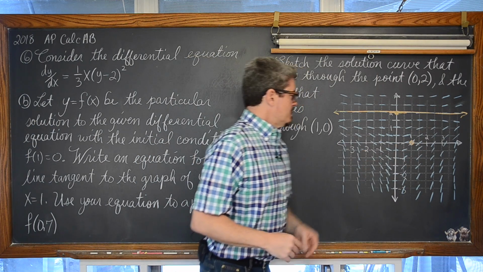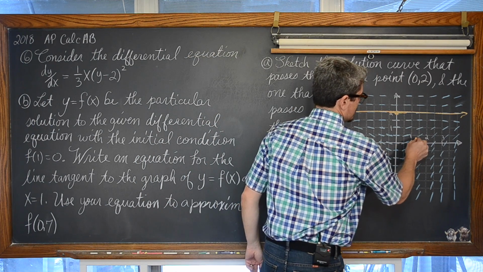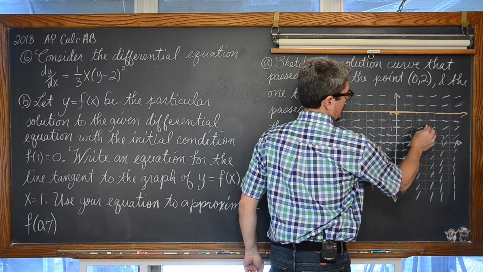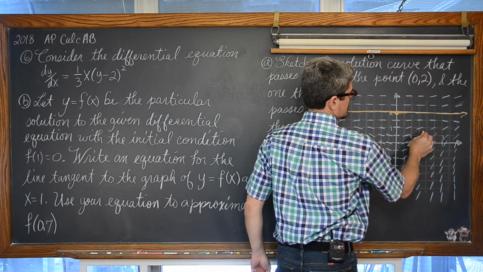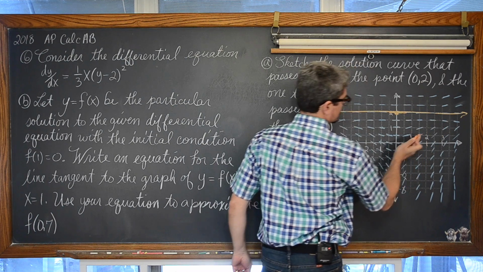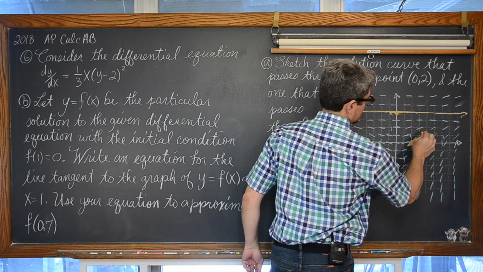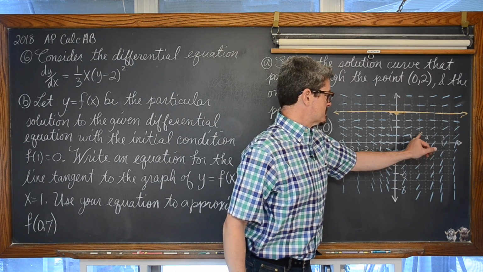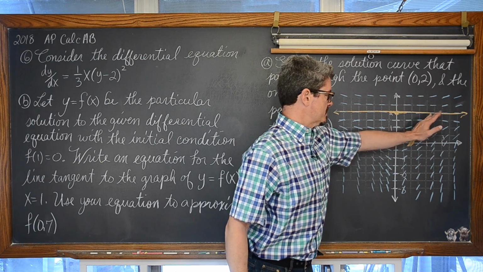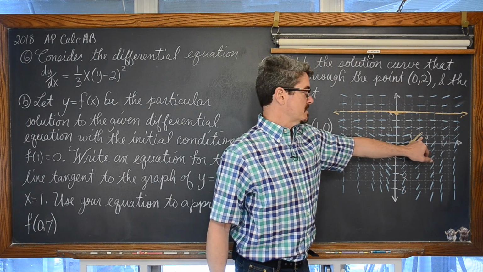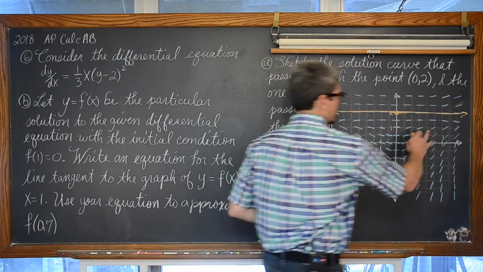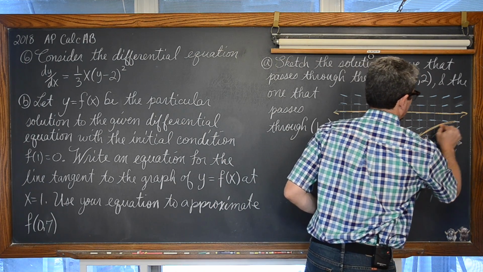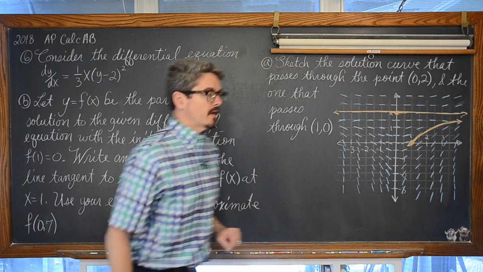At this point of (1, 0), we see a slope that appears to maybe be 1, and as we go up and up and up, we're not going to go up at that same constant slope forever, because it seems like this sort of curves down. Even to the best of my ability here, as I get to this next column with tick marks, if I were to make a linear function, I'm already looking like I have a steeper slope than what's indicated by the slope field. So you want to curve that over, go to the end, and include an arrow at the end of that.